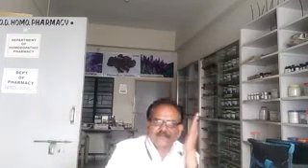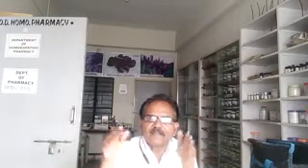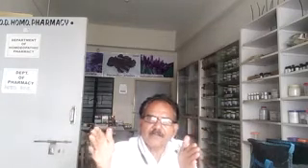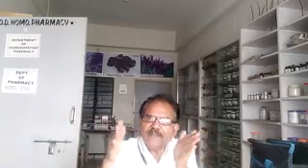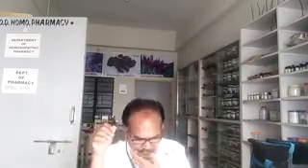Now the middle ear, we have already seen the middle ear cavity. What is the middle ear? Middle ear is a honeycomb-shaped partition. It is a part in between the external ear and inner ear. It is shaped like a honeycomb which is filled with air. So the middle ear is also called the tympanic cavity or tympanum.